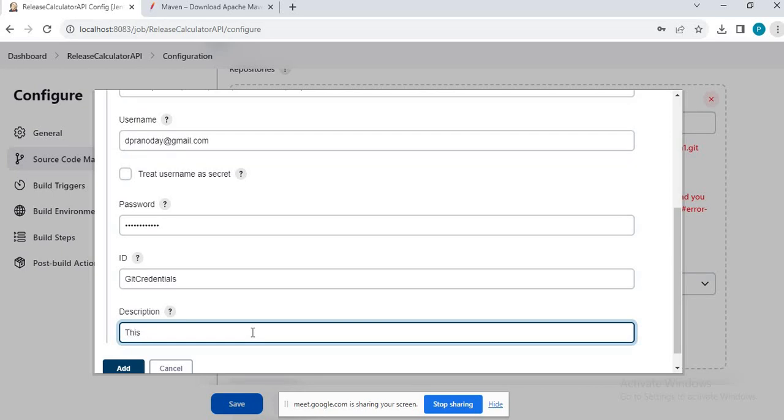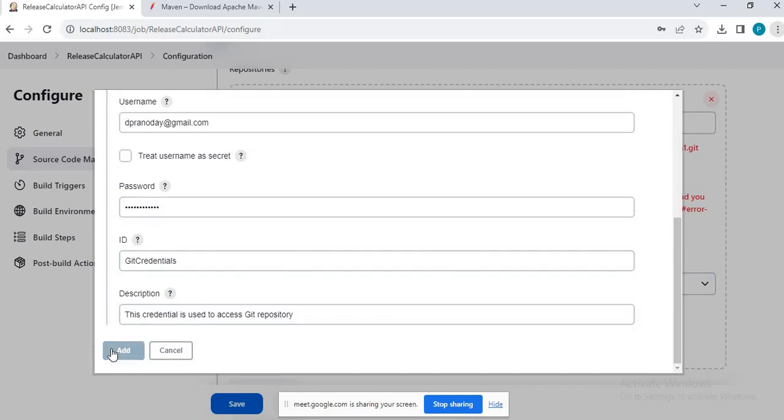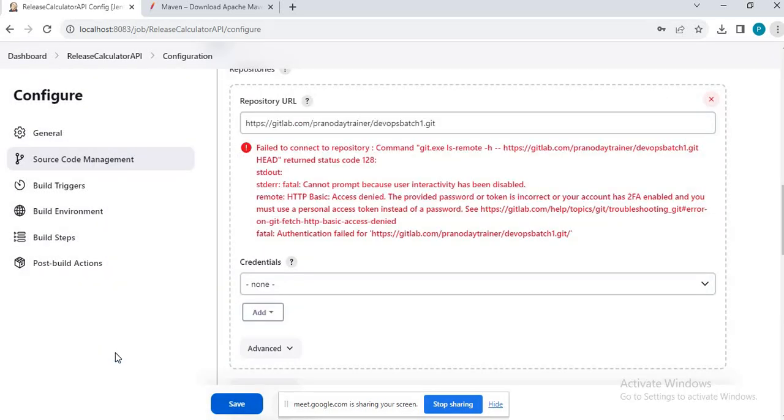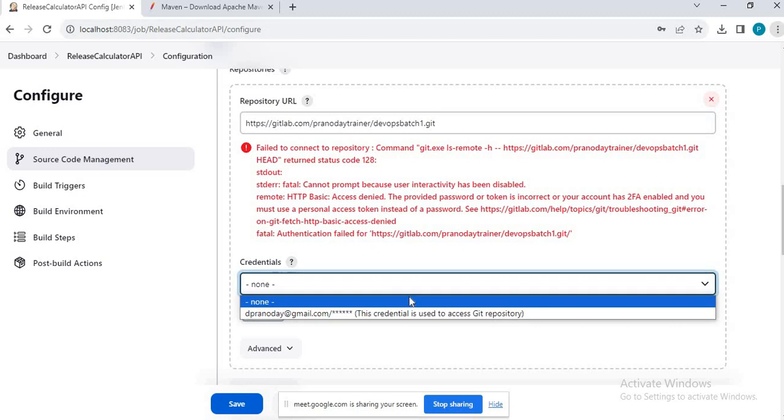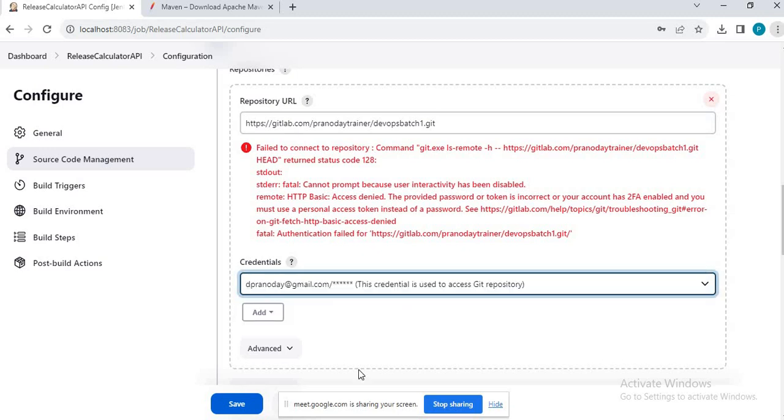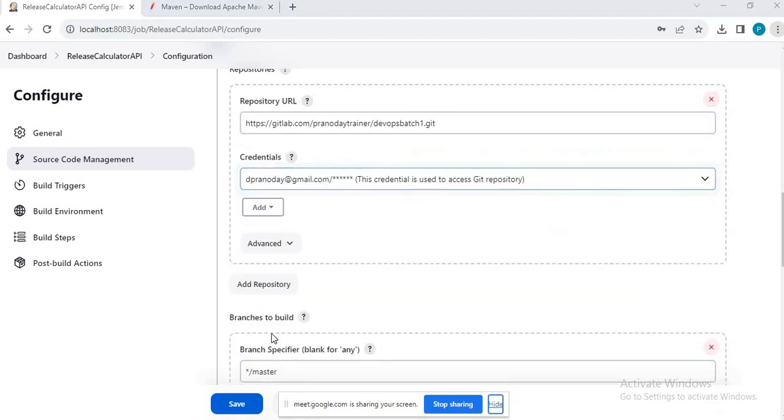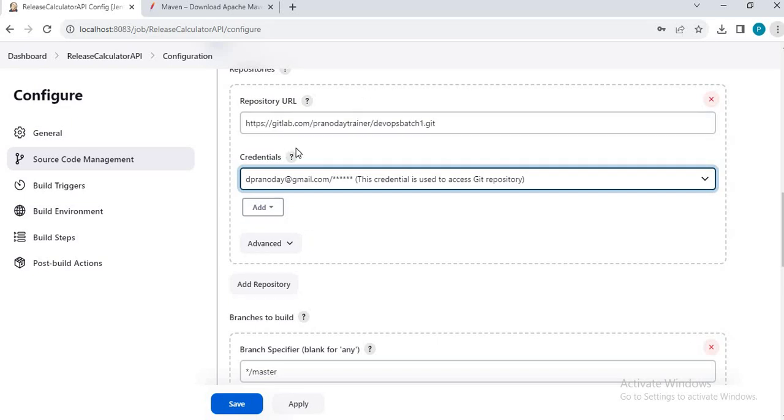This credential is used to access the Git repository. Let's click on add. And now let's select the credential. Now the error is gone because Jenkins has got the credentials and the credentials have the required access.